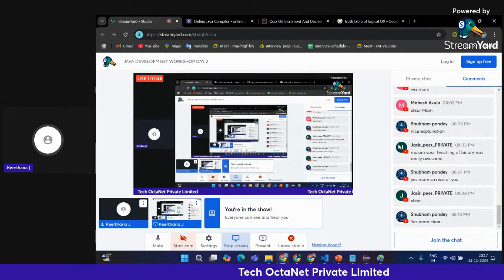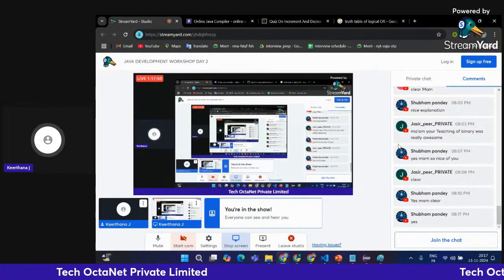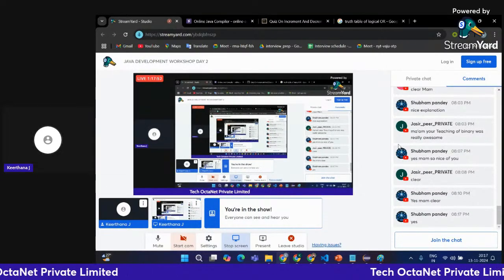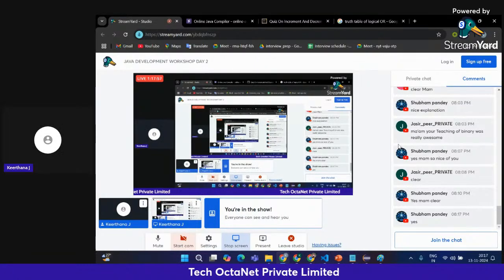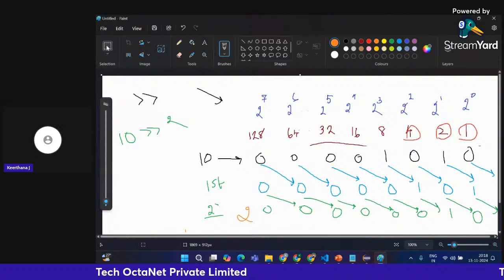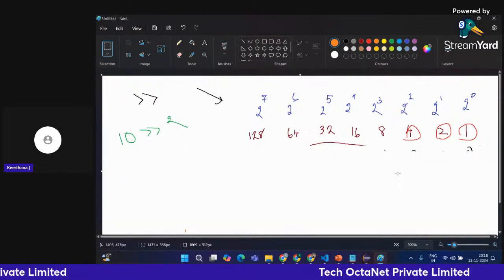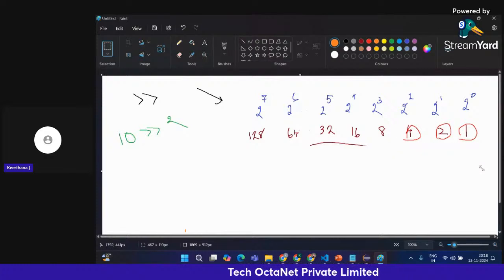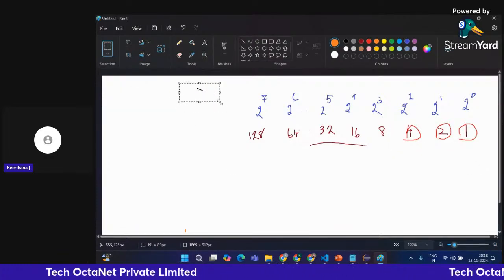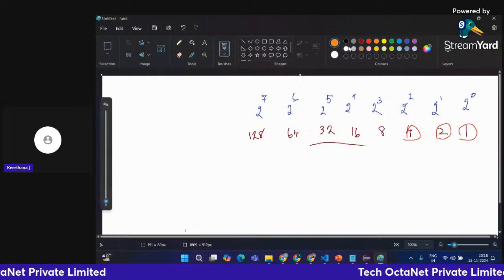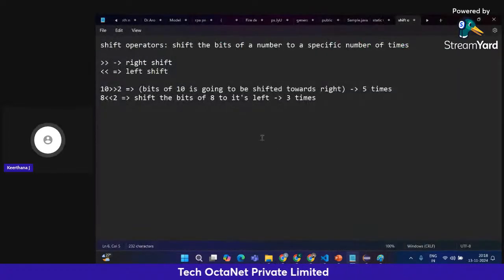If you're not that clear, once we see the shift left, for sure you will get clarity on the concept. Okay, thank you, Shiva. Okay, so next, in the shift left,